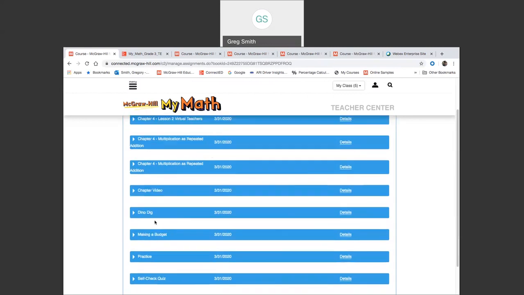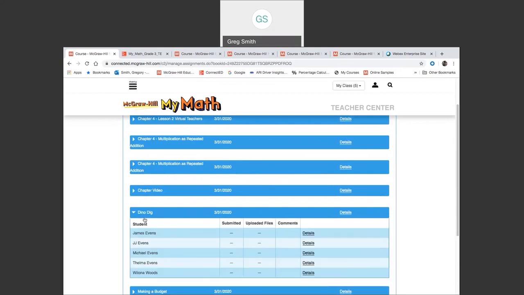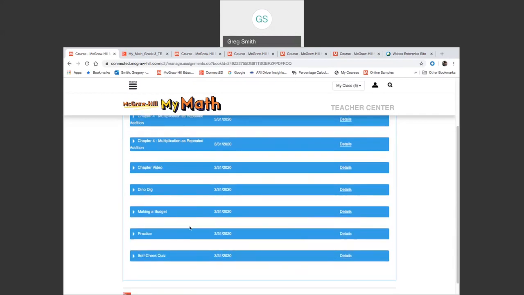And you notice when I opened each one of these, I could see each one of my students' names. I could see when they submitted it. If they uploaded files, I could certainly see when that was done as well, and I could actually look at the resource if I needed to. So none of my students have completed this Dino Dig. I just assigned it today, but we can come down here and see that